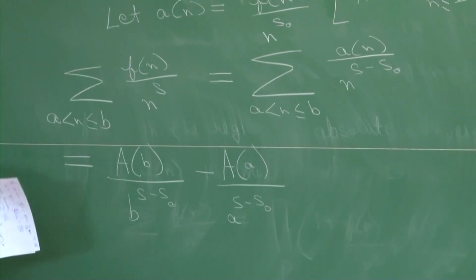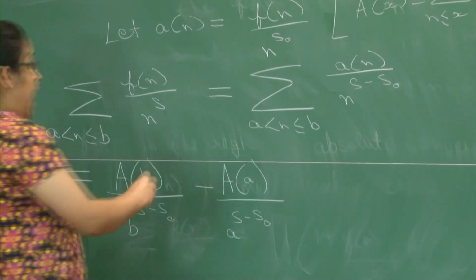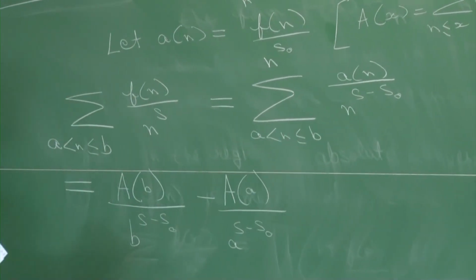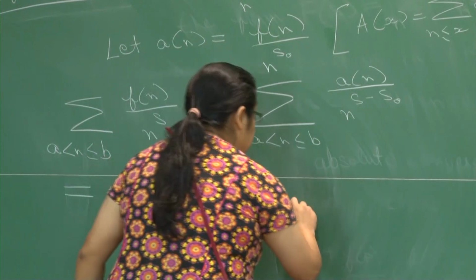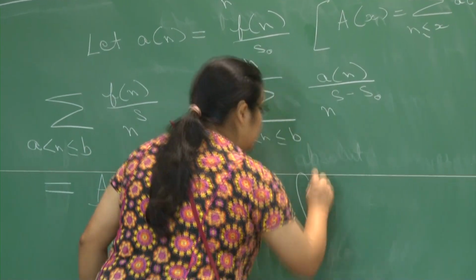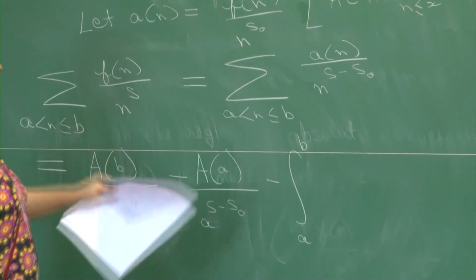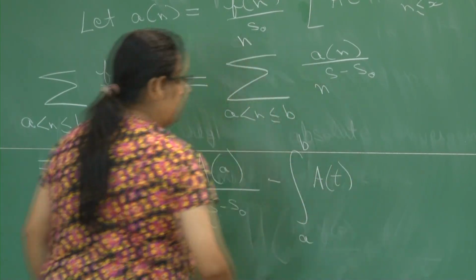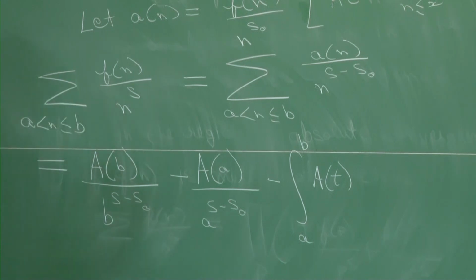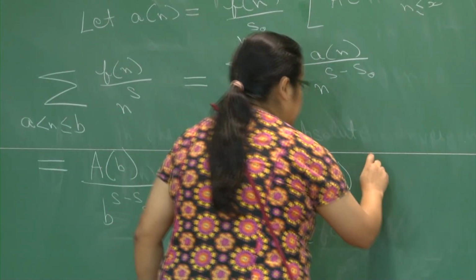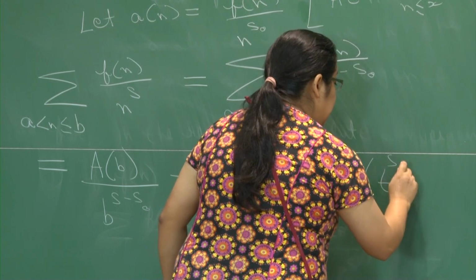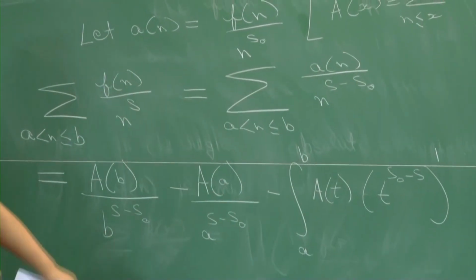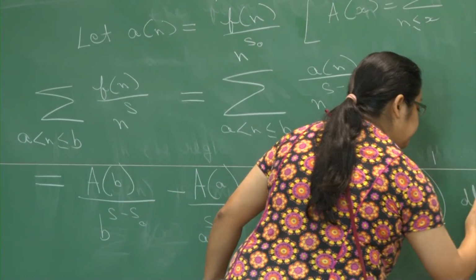Remember, a is strictly less than b. And what else are you left with? There is an integral term that you are left with. So this is minus the integral a to b of capital A of t times the derivative of t raised to the s0 minus s, dt,